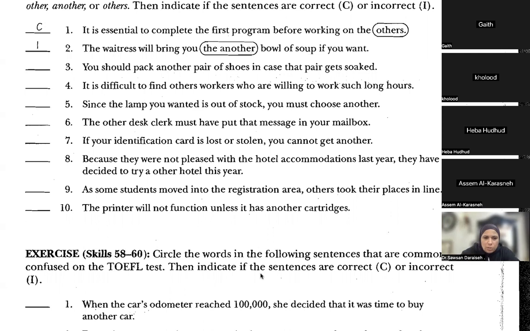Number 10, I think I already chose someone. For number 10, who did I choose? Go ahead. Okay, Doctor. The printer will not function unless,